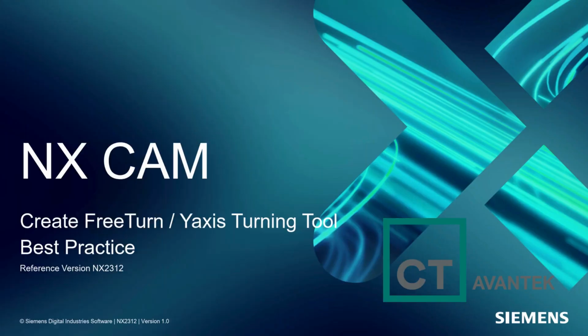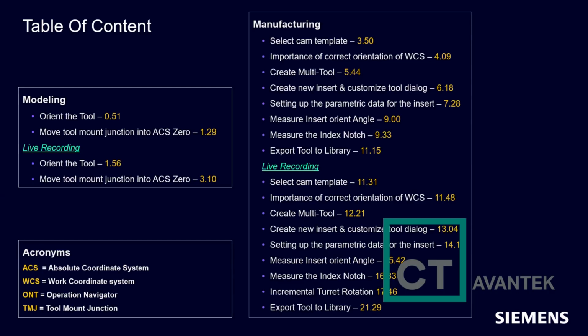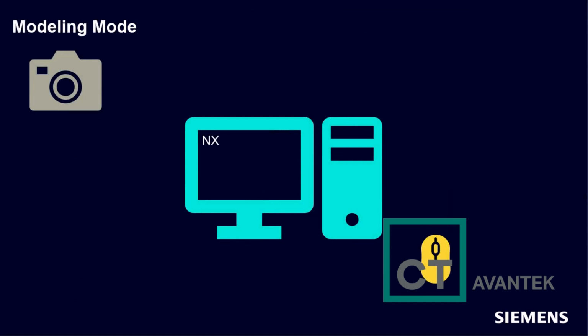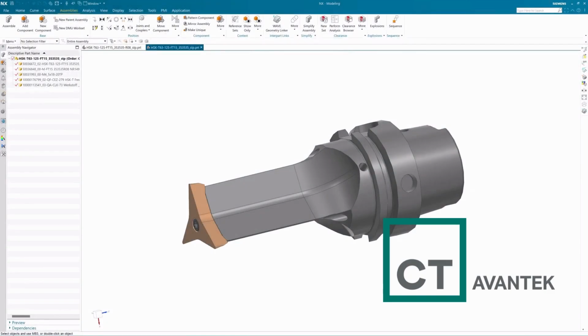In this tech tip video, we will show and explain how to create a Y-axis or free turn tool with NX2312. When the tool is open or converted in NX modeling, we start by rotating the tool in absolute coordinate system